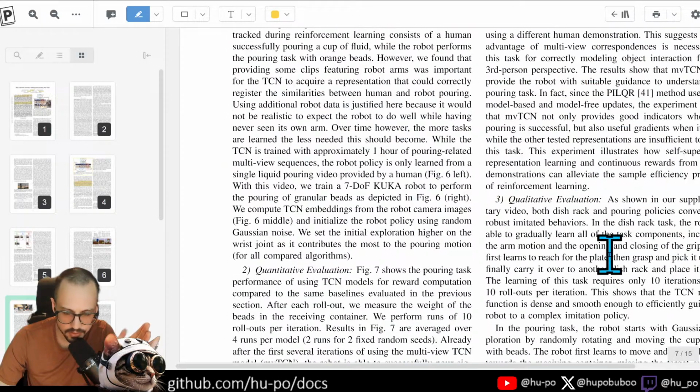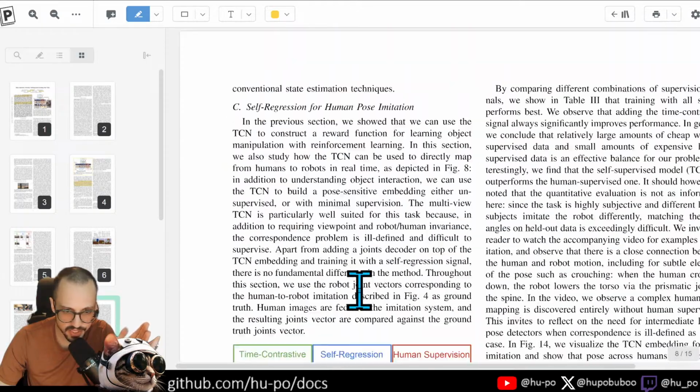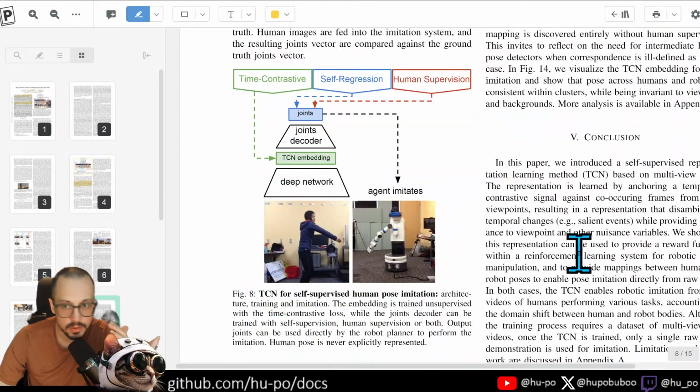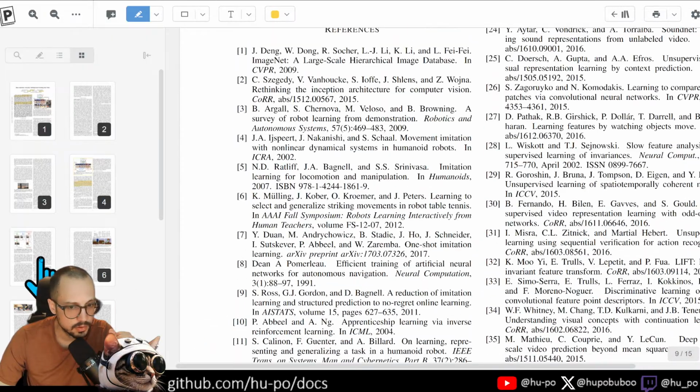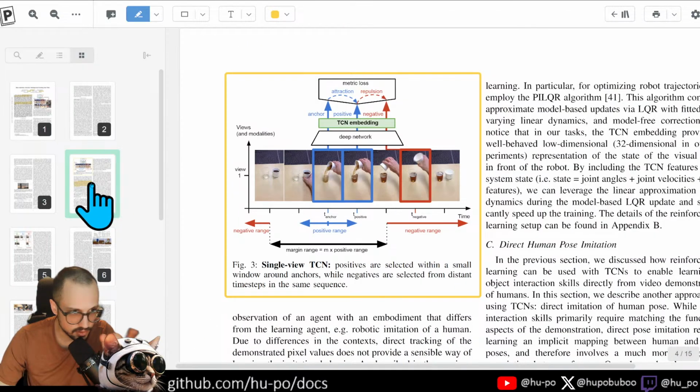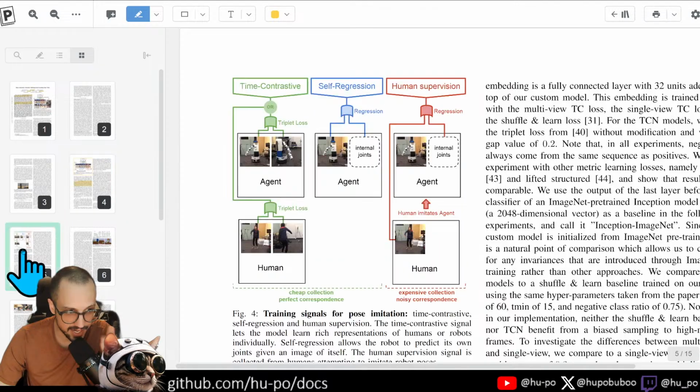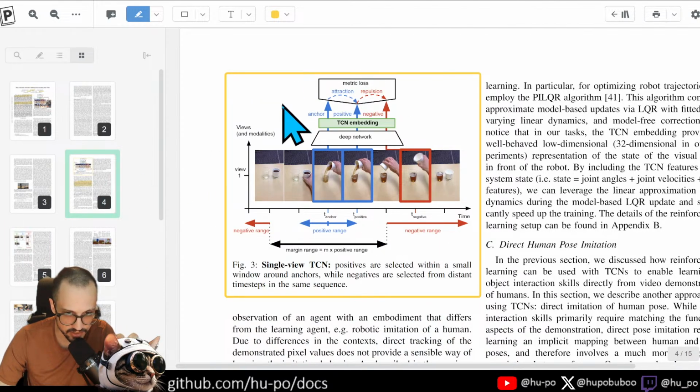PILQR. What is PILQR? Okay, I'm not entirely sure what the learning method for actually using that on the robot for this is. I don't remember, but the important idea here is this thing here,